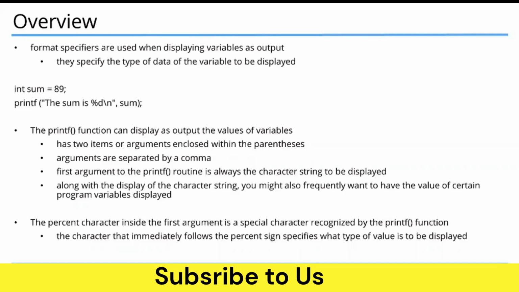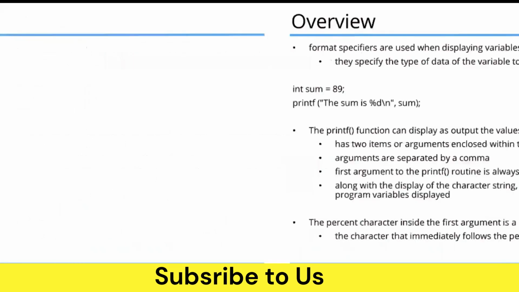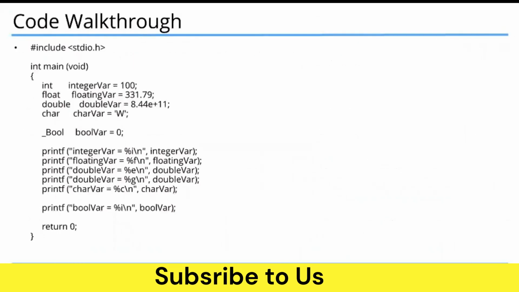The type of the data that we want to print is just going to be a single character like this. This is D. The data that we are going to actually print is after the comma. And so you can put many different percent symbols there to print many different types of data, and we will